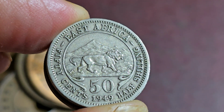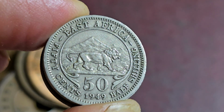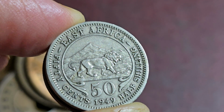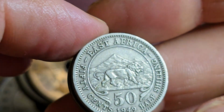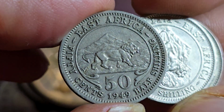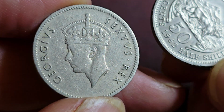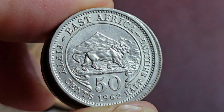And then we have 1949. So this is the second issue of copper and nickel. Seems to be fairly common. Has a mintage of 12.96 million. So there are no mint marks associated with any of these. And it's George VI, so remove India. And then we have